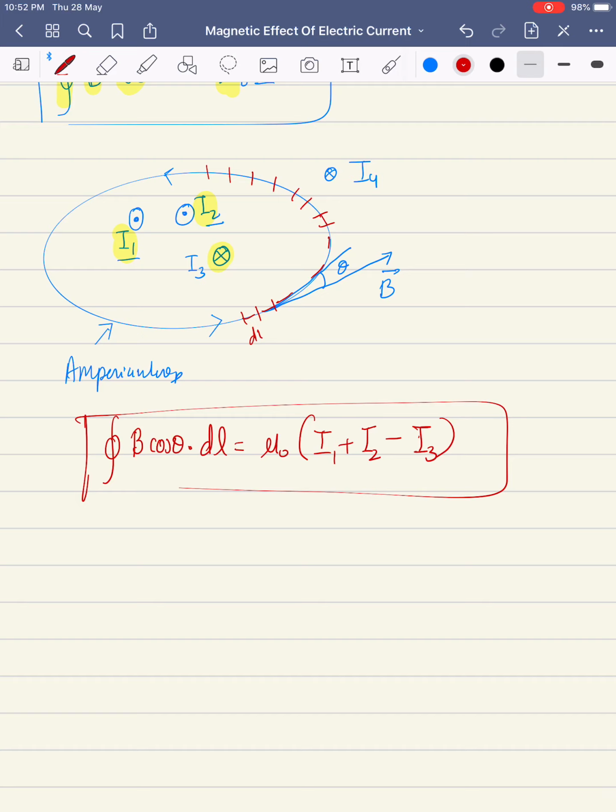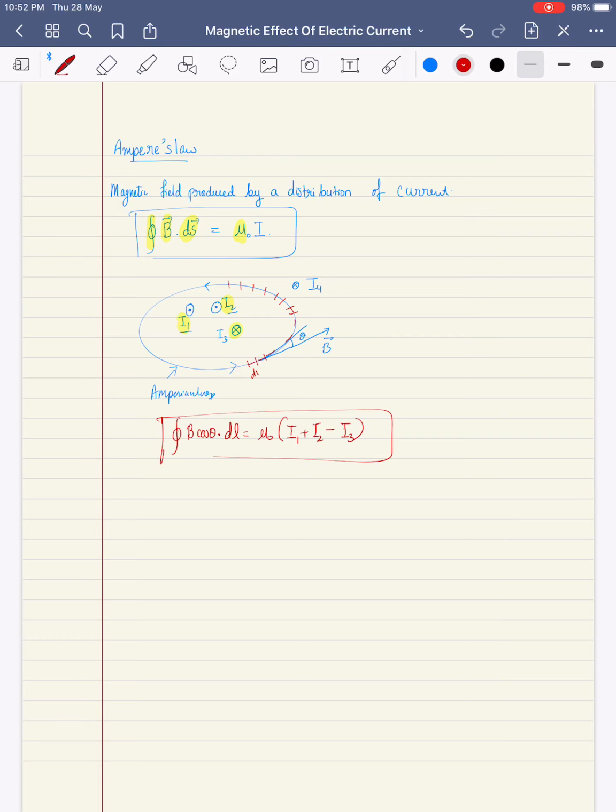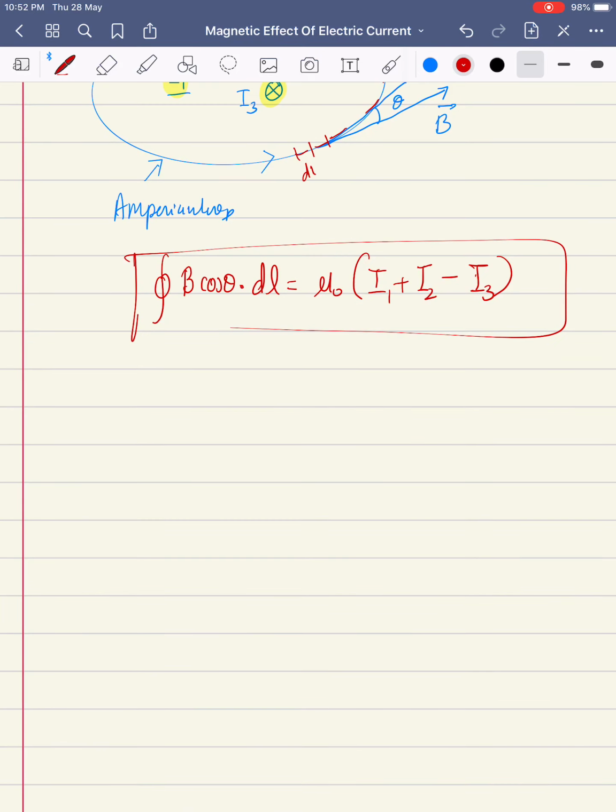Getting it clearly? So when I integrate over a full loop, the contribution of I4 to B will cancel out. Okay, so that is why we don't consider it. What are the applications of Ampere's law? It can be used to calculate the magnetic field for a long wire. Let's consider the first application of Ampere's law,